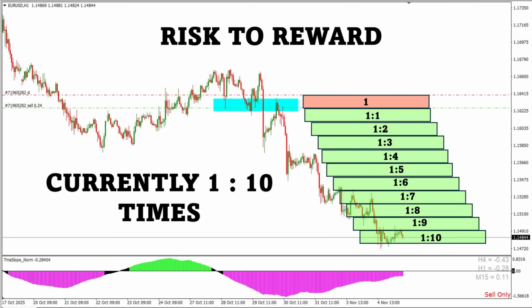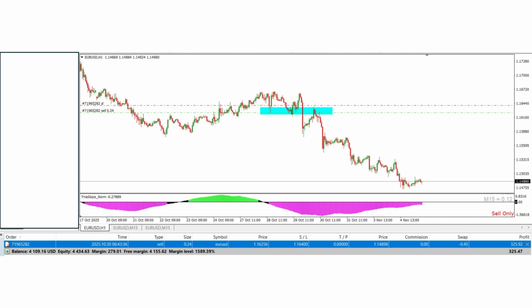Currently, as I'm discussing with you, this particular move has given me a 1:10 risk to reward ratio. Yeah, 1:10. Isn't it amazing? Here I'm just putting the pricing also, so you can understand that this is not a dummy trade, it's an actual trade. So you can see that it's a winning trade. Now this is an A++ setup for me.